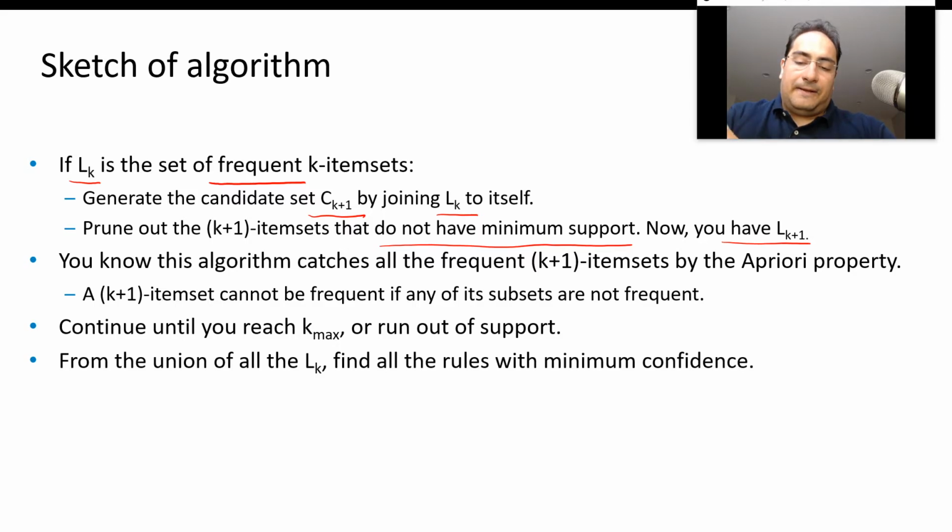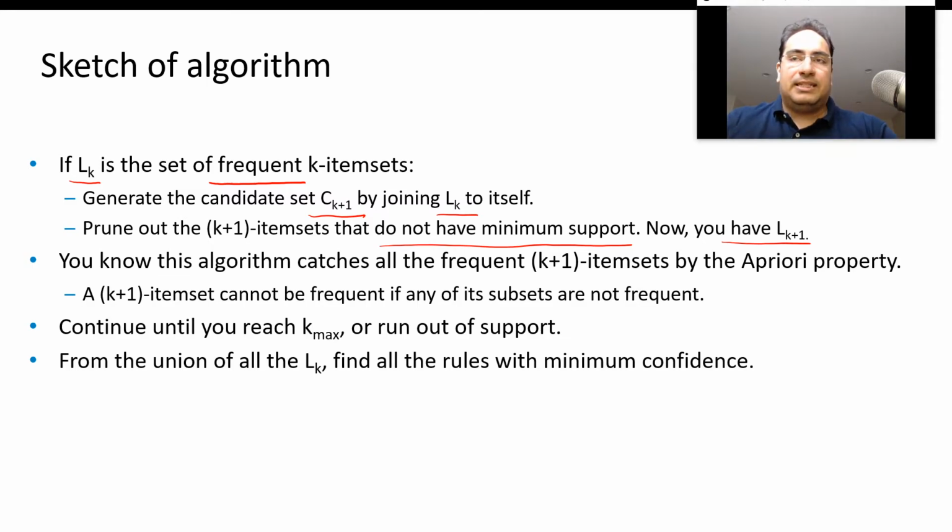This works because of the a priori property, because we know they have minimum support, there's a chance that their combination also has minimum support, and we do not miss any frequent item sets, because if there's some item set that is not present in the original,